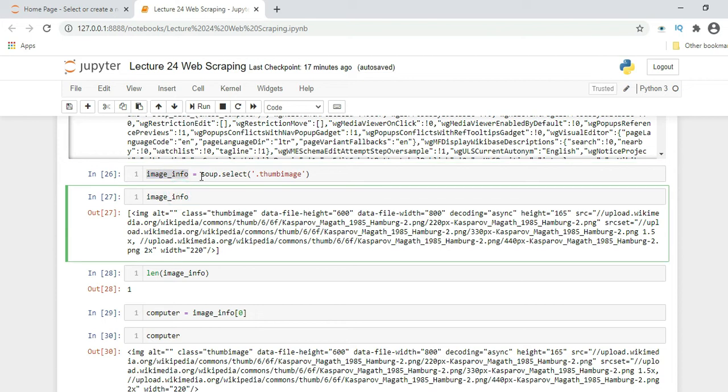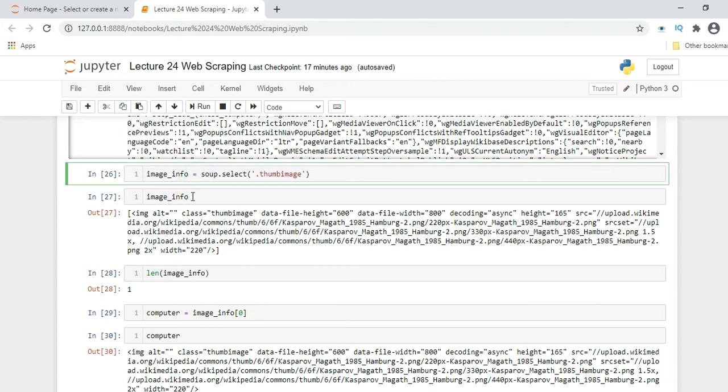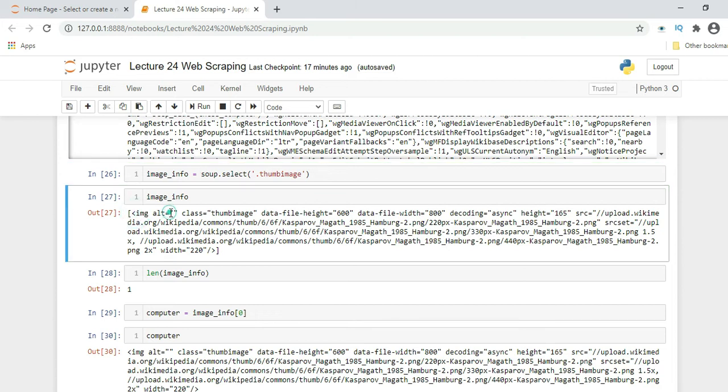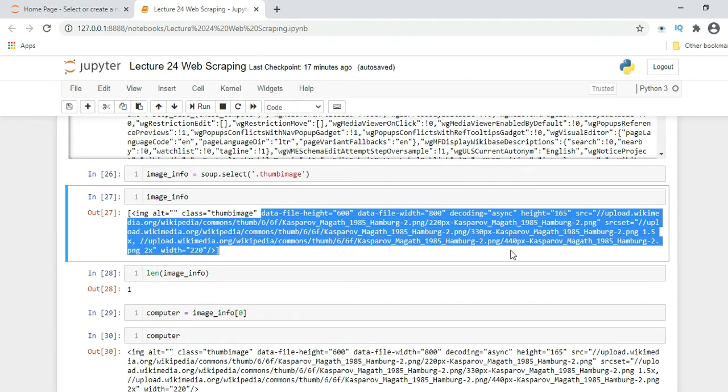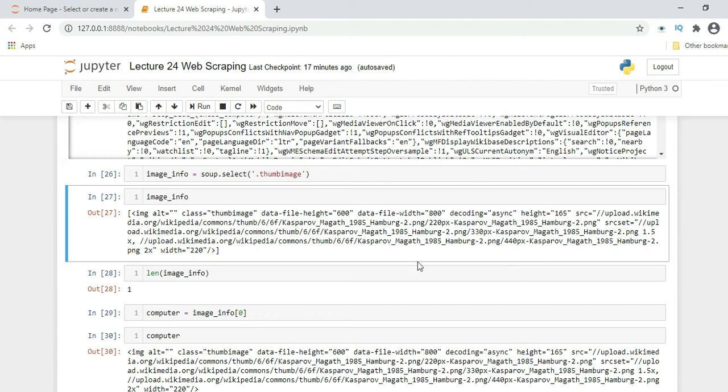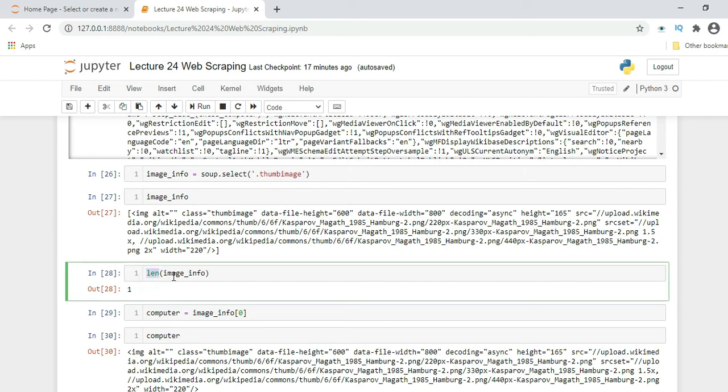When you run image underscore info, this is an image tag. If you see the image here, alternate text is empty, class thumbimage, and these are the width, height and so on. Now if you want to check the length, meaning how many images are in this class, you can use the len function. Here the variable name is image underscore info, so the length is 1.